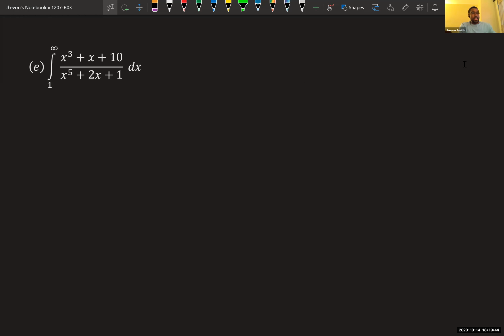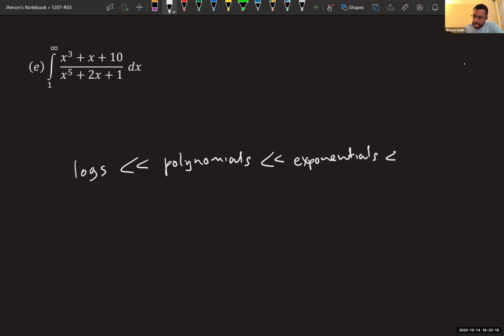And so essentially when you want to figure out what to compare things to and you have something like this, the goal is to figure out who are the dominating elements. And you also remember something else you learned in limits, that when it comes to dominating elements as you're going off to infinity, logs are less than polynomials. This is a general rough thing, less than exponentials, less than factorials, less than, maybe I should write examples of these.